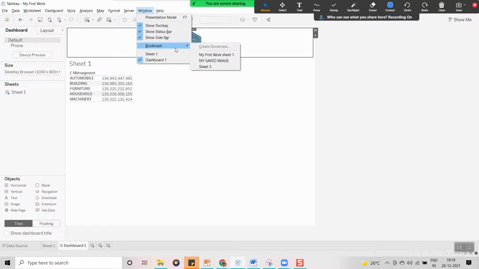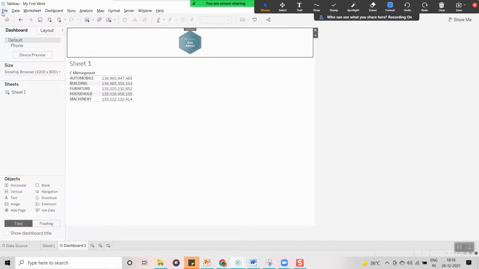What I am trying to say is, you can save worksheets into your bookmark list, but you cannot save dashboards. Only individual sheets you can save.